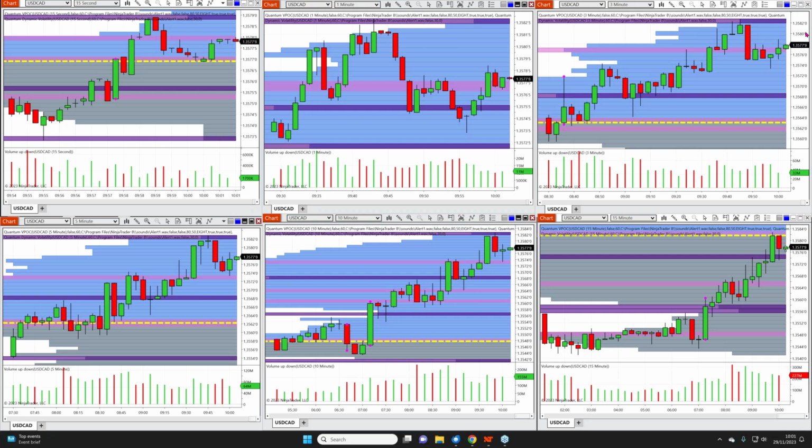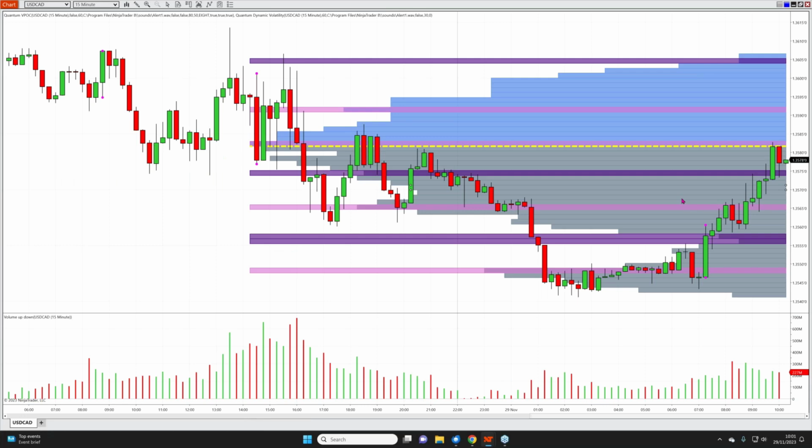But what I wanted to highlight here is really the whole issue of why we use multiple time frames and what that tells us if we are in a different time frame. And we have a classical example here. If I had just hopped down onto the 15-minute, this is a very simple workspace. All I've got on here is volume, and I've got the volume point of control. Nothing else at the moment, just to keep this really clean and simple.